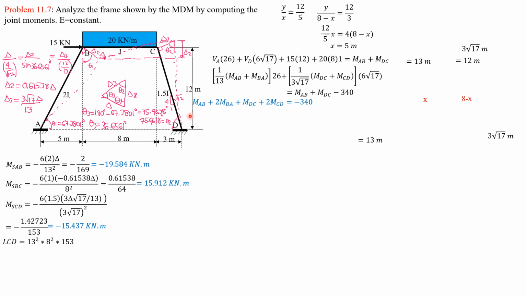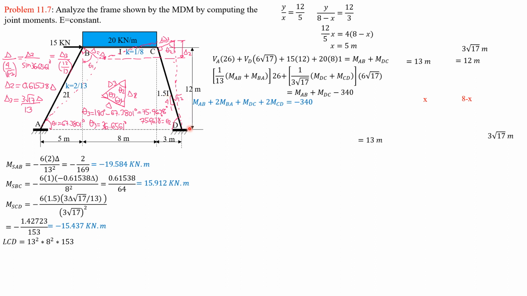So here's the given figure. Then we have to compute the stiffness of each member. The stiffness of member AB, because A is fixed, all members should be I over L. So 2 over 13. That's the stiffness because the length of member AB is 13. Moment of inertia is 2, so 2 over 13. For member BC, the stiffness is 1 over 8. And for member CD, it is 1.5 over the length.